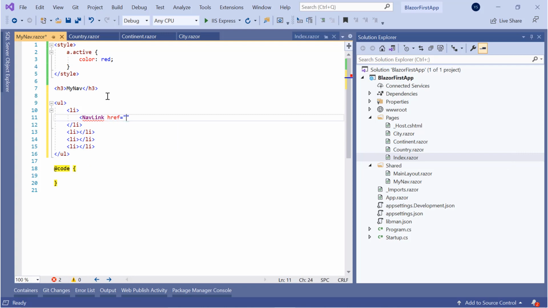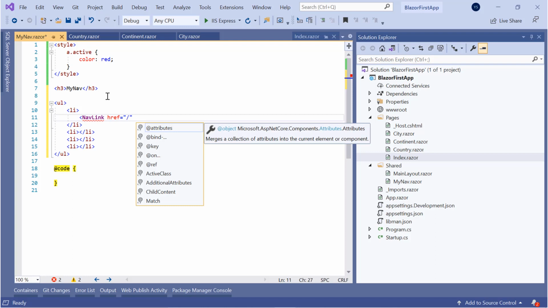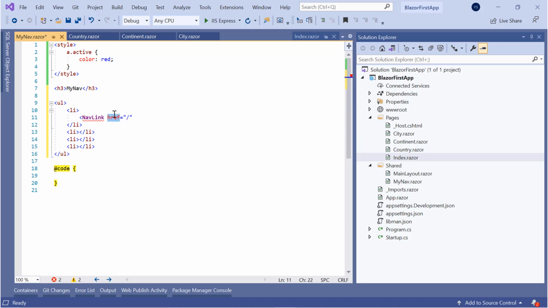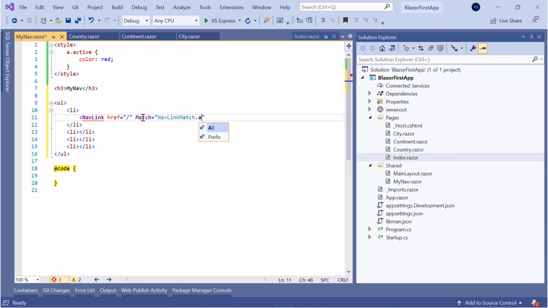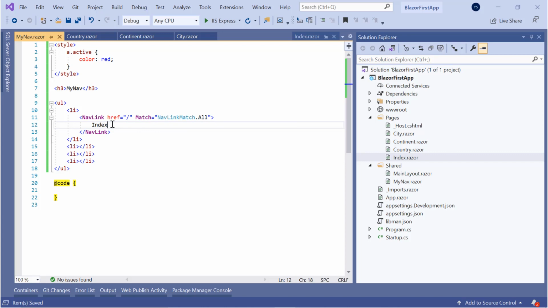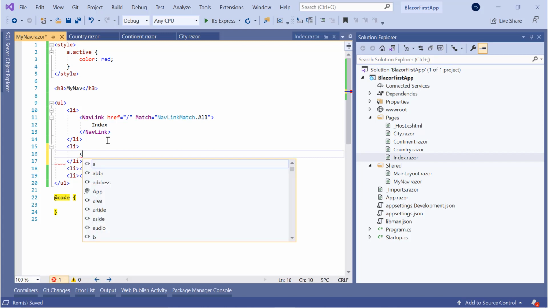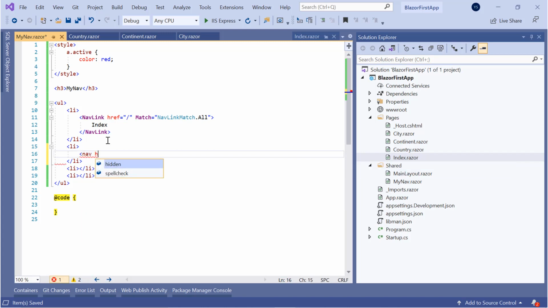First is for the index one, because it will call the index page, and I give it a match as NavLinkMatch.All. So match should be a full match of the URL. And next NavLink I add as NavLink